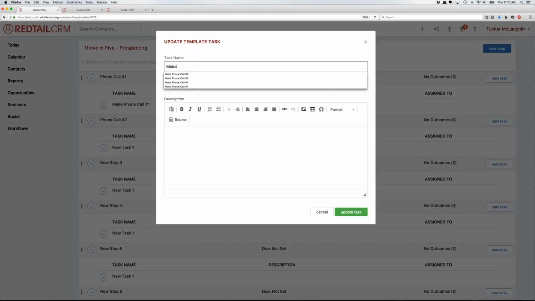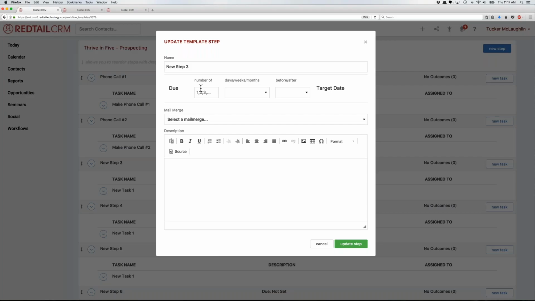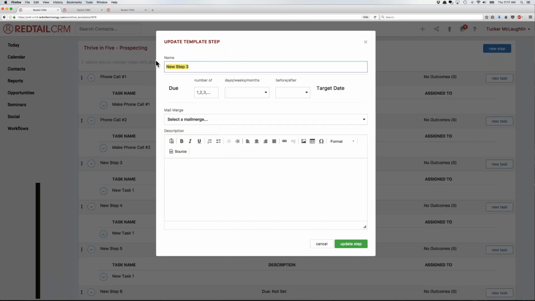So I'm going to say make phone call number 2. Not going to assign anybody. We're going to go ahead and do that. So again, just moving down the line. I think the next one is an email. If we tried 2 phone calls, maybe email is a better medium to reach them. So we're going to say email